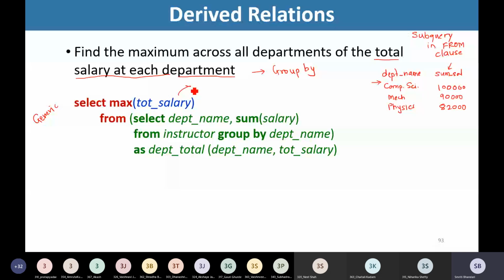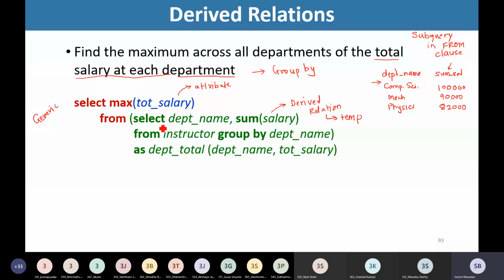So this is actually the attribute of the relation. But now this total salary attribute is the attribute that we are having from this derived relation. So this is my derived relation that I am writing. And this relation is actually the temporary relation that I am having.